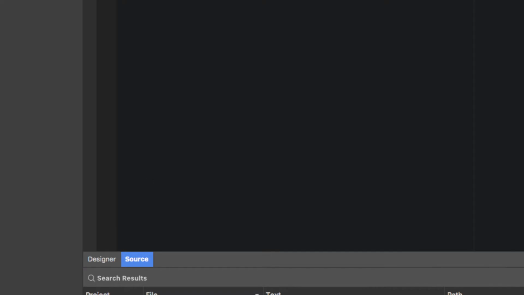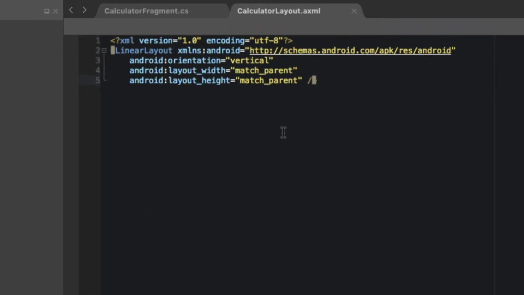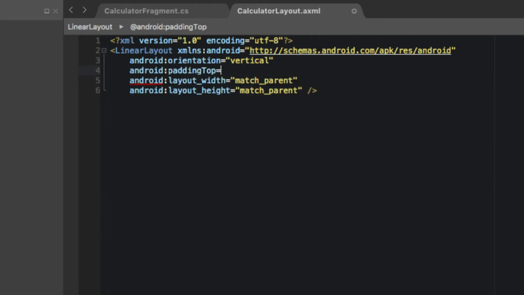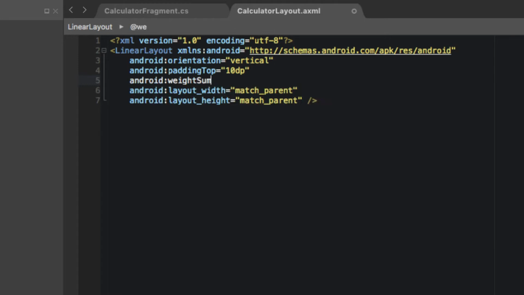So we're gonna click source, and we're gonna edit this file right here. So we're gonna add padding to the top, 10 dp, and we're gonna add a weight sum and set that to 100. So this weight sum allows us to divvy up whatever views are inside it by setting a weight to that